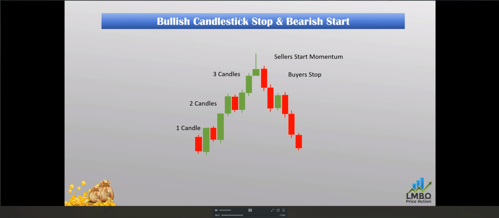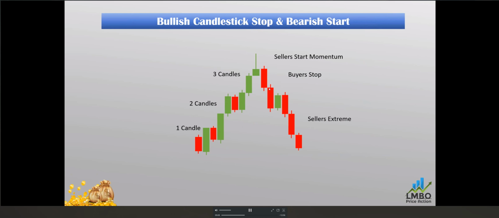So if you find the 3, then 1, 3, then 1, 4, then 1, 5, then 1, 3 or 2, then 1, it is called the buyer stop. So here, if there are 3, if there are 4, we will count the same thing. If there are 5, count the same thing. The 1 candlestick between the 2 sellers is called the buyer stop. So this is a very, very important point to understand. Why? Because we will learn the strategy from the buyer stop.